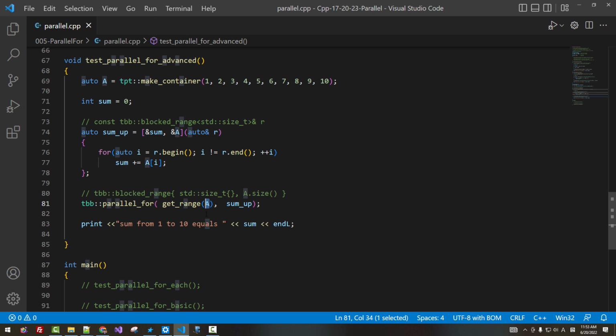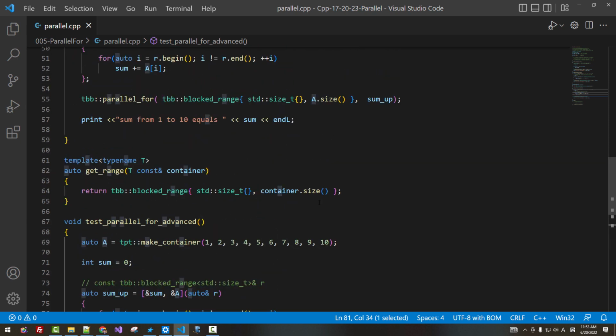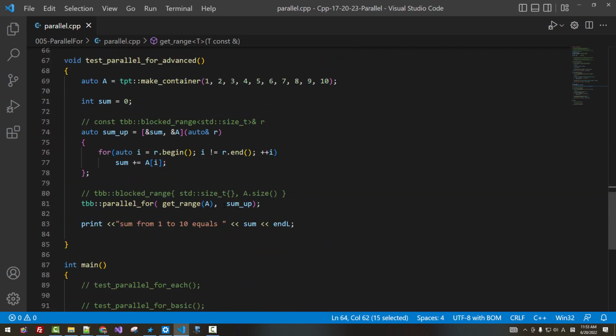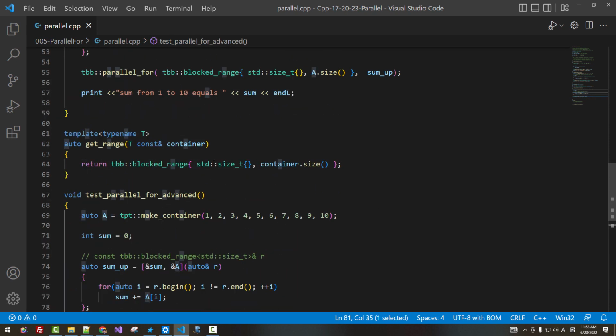The problem is that what if A does not support member size? Once again, what if A does not support member size? To prevent such misfortune, we introduce